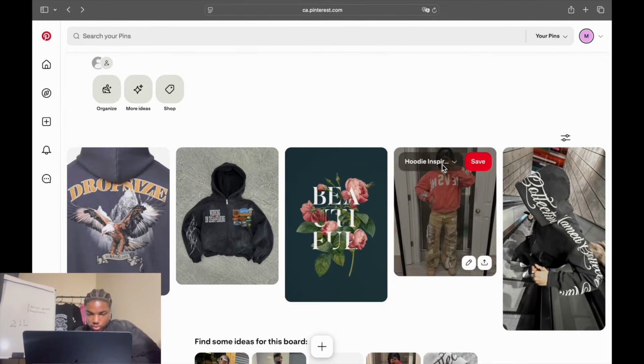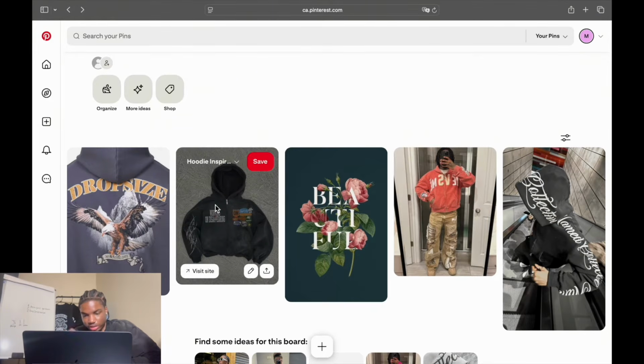And then on this one, I like the acid wash. I like how it's sort of a dark gray, as well as the white. The white really pops on this type of color. Okay, so I just showed you how you guys can use a 3-1-1 method to find all the inspiration you need. Let's move on to step 3, which is